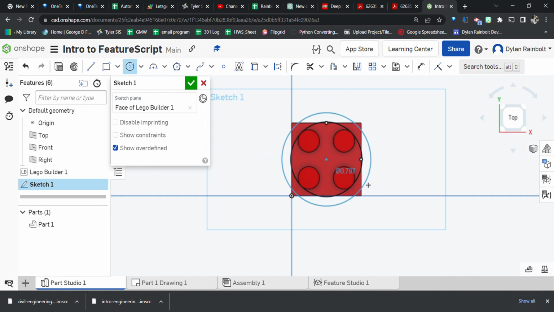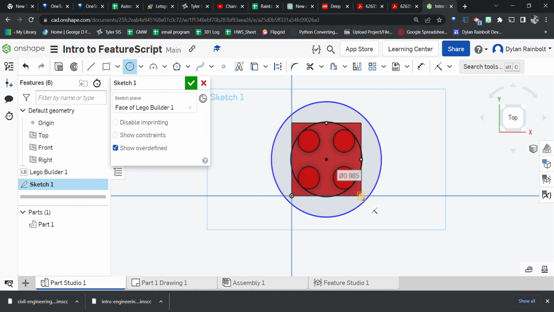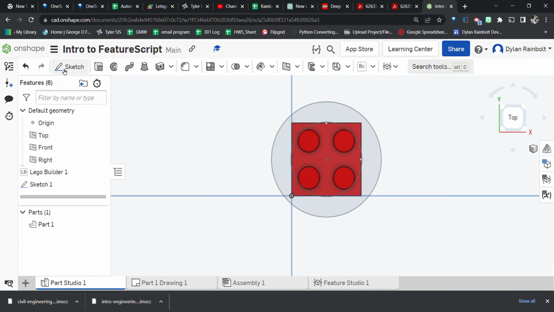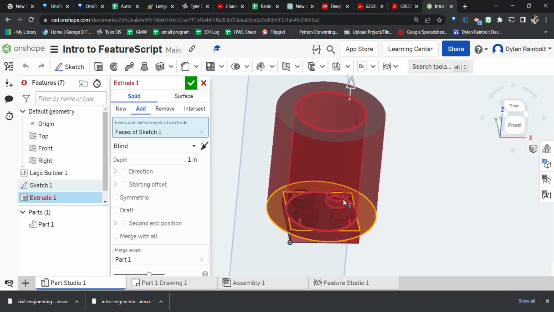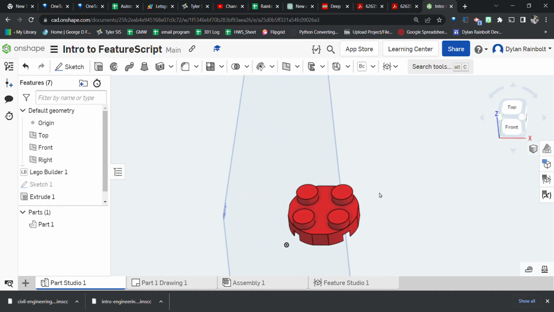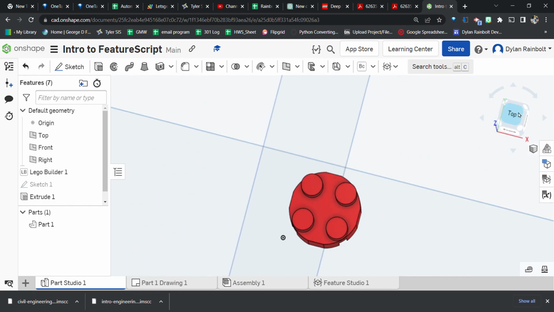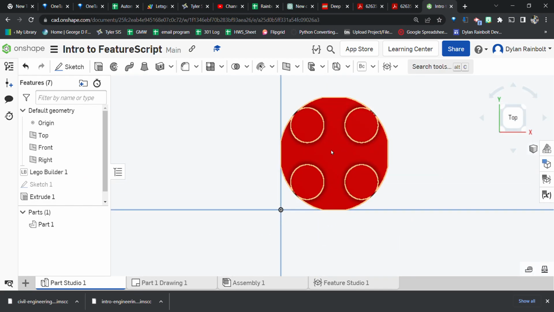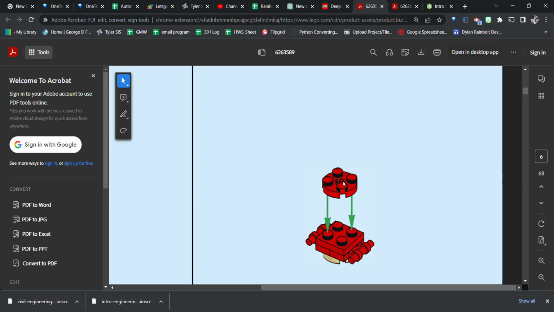Then I'm going to create another circle that's basically going to engulf all of these little parts on the outside here. And then I can go to extrude that. Now instead of adding to this, I actually want to remove. So now if I press the green check mark, you're going to see that we did remove all those pieces right there, right? Okay, so the next step is we've got that, but